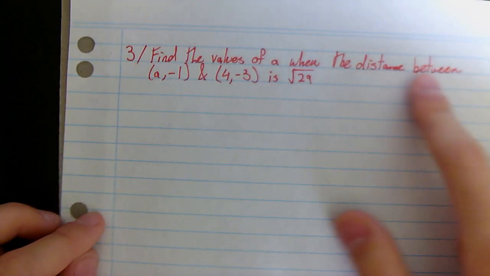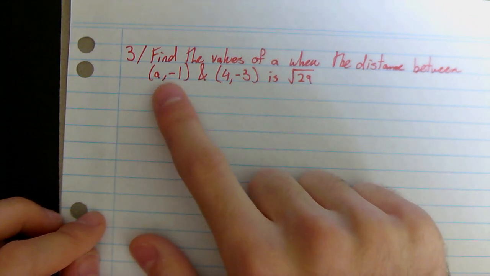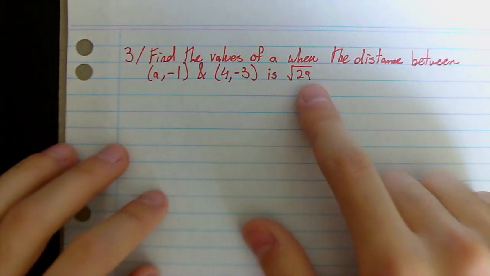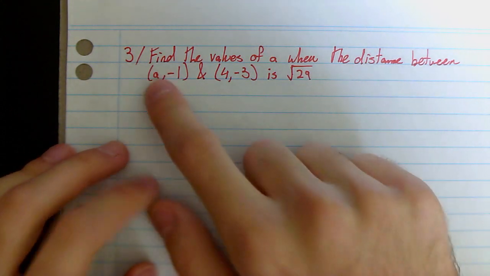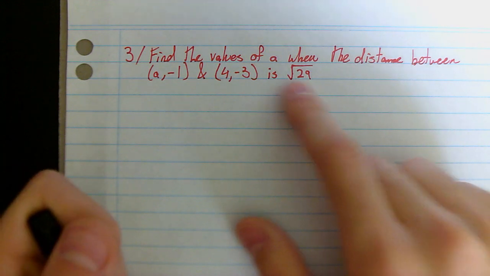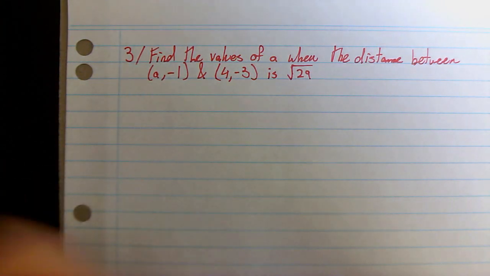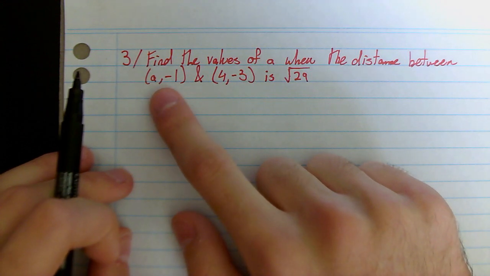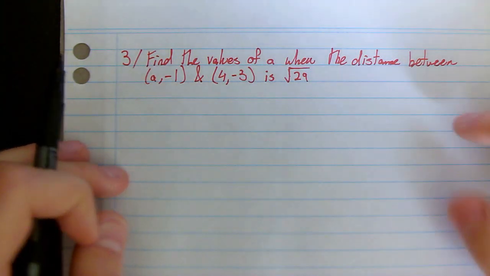Now the final example we've got going on is: find the values of a when the distance between these 2 points, (a, -1) and (4, -3), is root 29. So when that distance is root 29, what are the values of a? Okay, so we're given the distance and we need to find a coordinate. Now there's going to be 2 possible values for this coordinate, and the reason why is because